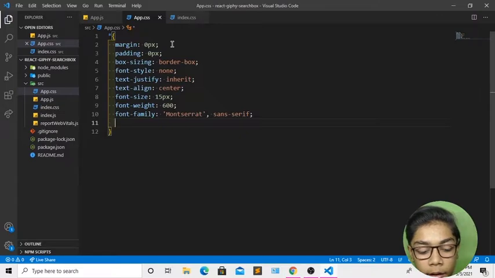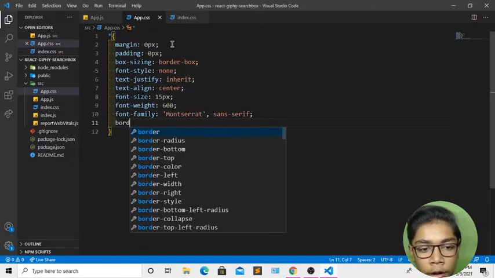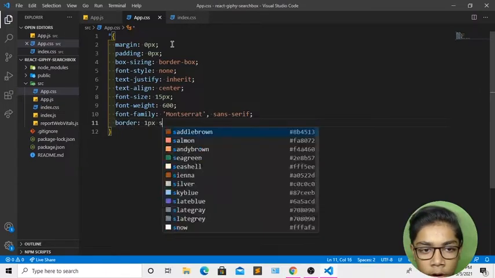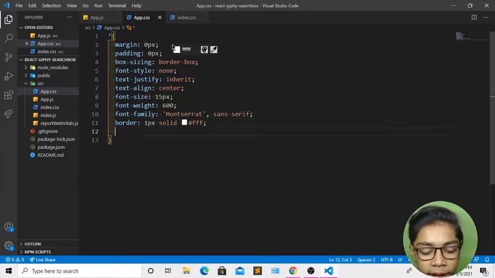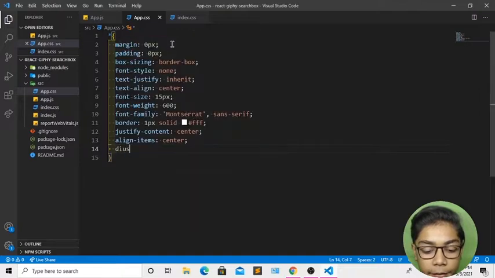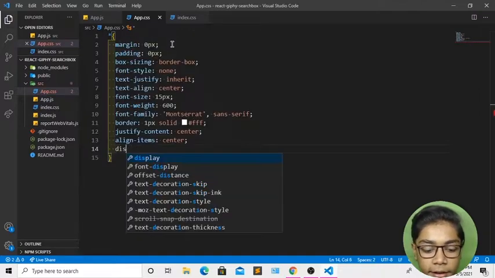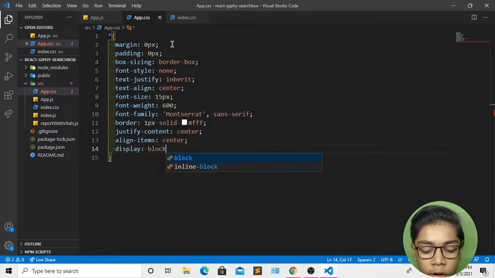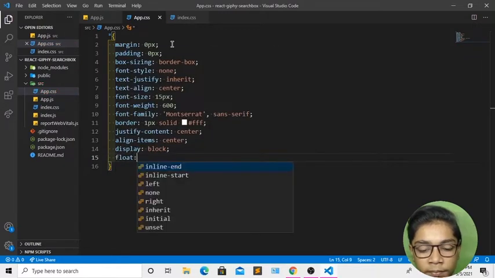So here I will be coming underneath and creating another tag which is called border, 1 pixel solid white, and I'll be also writing justify content which should be center. Then I will be writing align items should be center, and I'll be also writing display which should be block. So just correct the spelling. So here when you've done that, I will be coming underneath and creating another tag which is called float left.